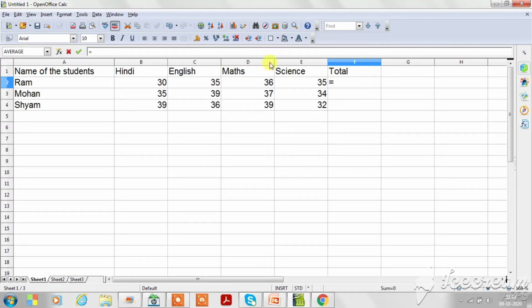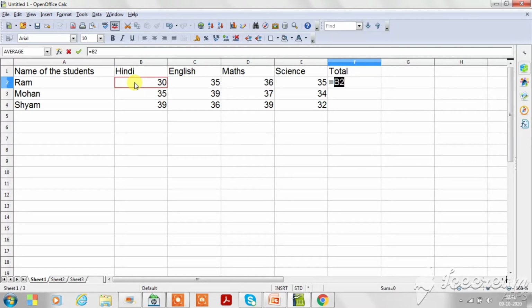Now, I want to add the marks of these cells: Hindi, English, Maths and Science. Now, what is the cell reference for Ram's Hindi marks? That is B2.